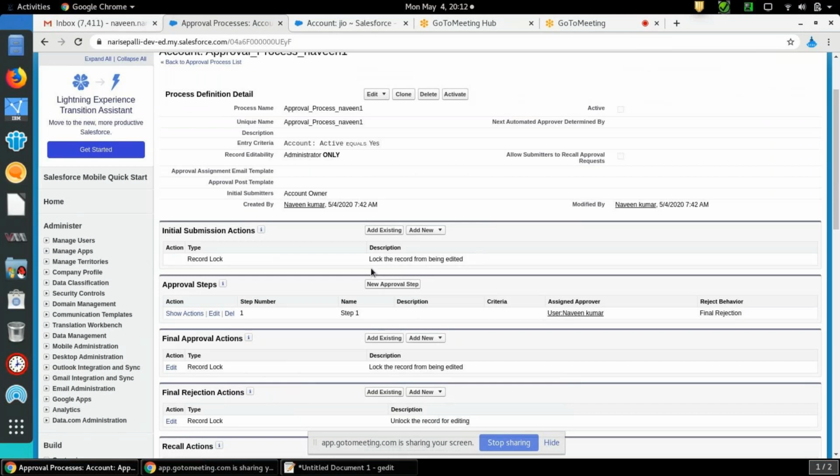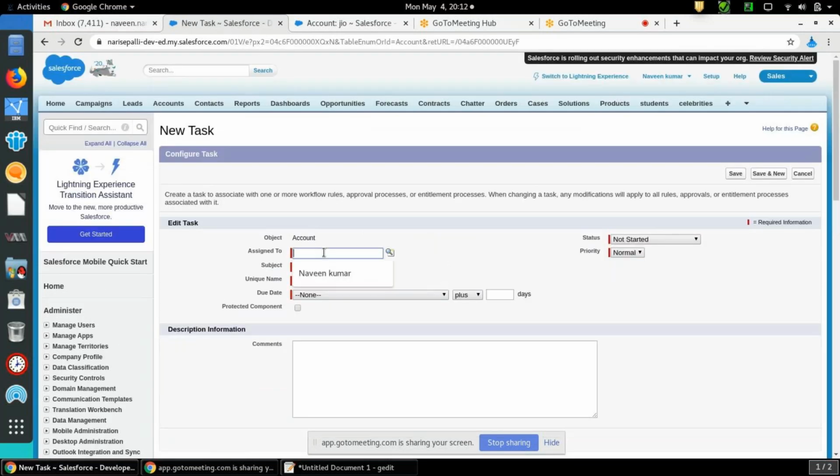See, once the user requests approval, submitted for approval, the record gets locked. So at that time, what do I have to do? I have to notify someone, right? Like an approval request has come. So what I will do, I will select new task, assign to me only.